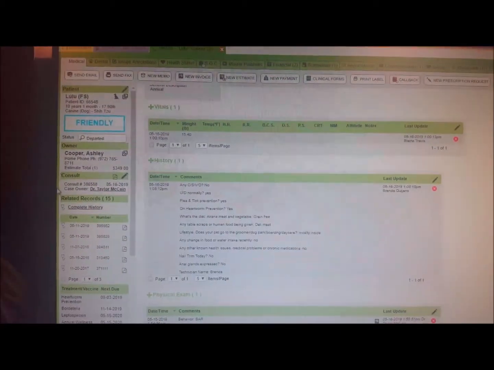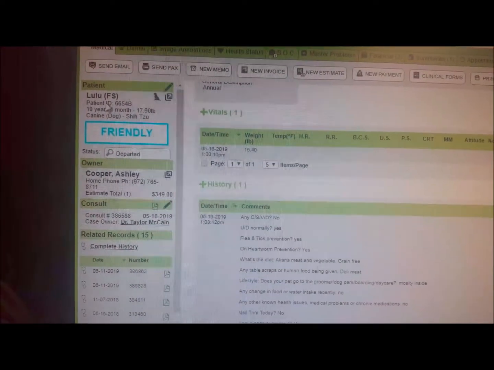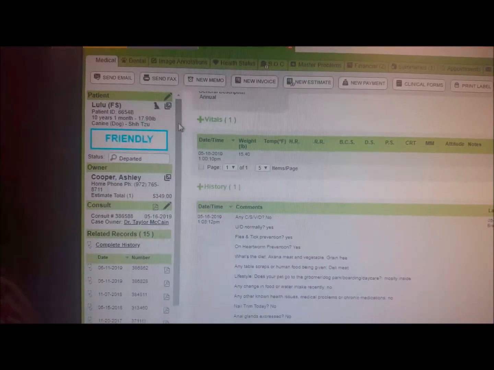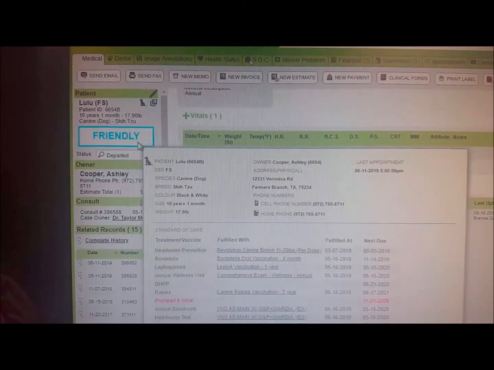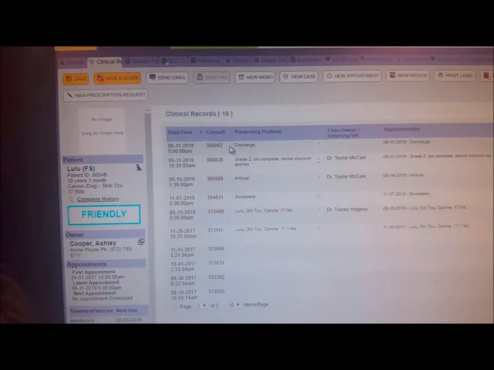Now our records are kept online, so it's all digital, but here we can see Lulu's signalment. We have her ID, how old she is, how much she weighs. She's a spayed female. We also have her breed. We know that she's friendly. We can also go into detail on